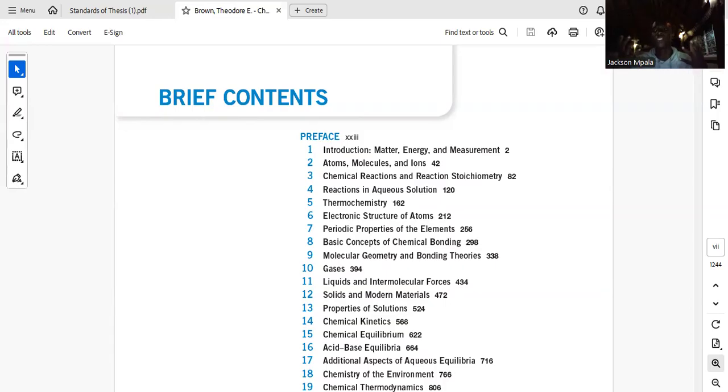We anticipate that in future, we are going to upload a lot of stuff to make your chemistry and indeed other modules very, very simple. So we shall look into issues of chemical bonding, molecular geometry, and bonding theories. So those are the shapes. So we shall look into the different shapes of molecules, what type of a shape is this?